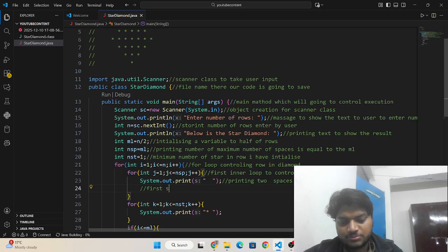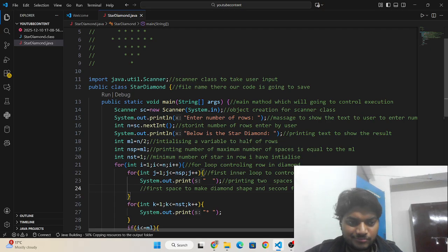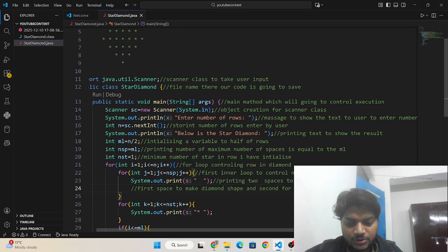The first space is to make the diamond shape, and the second is for the space between two stars, to look like a shape.